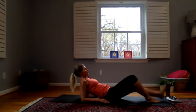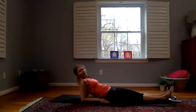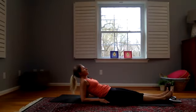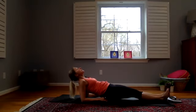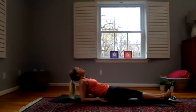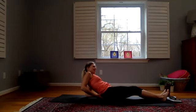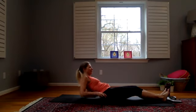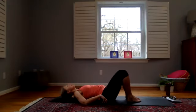So we're gonna extend our legs out. And then bring our hips, or rather our butt, off the floor. So we're bringing our hips up, our butt off the floor, even if it's just a millimeter. Pause here, breathe. And release. Isn't that fun? All right, so we're going to now come all the way to the floor, bring our feet to the mat,